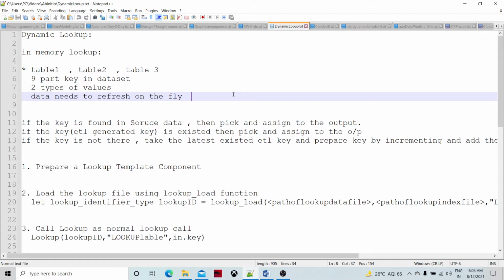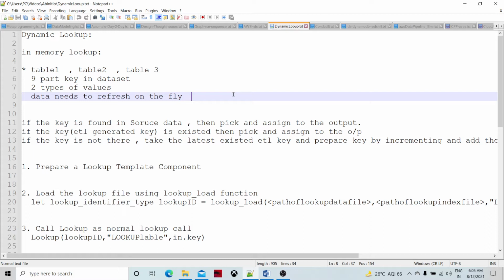There are certain use cases wherein we face late arriving data. The data does not come in time, or probably the other stream's data comes beforehand. In those cases it is necessary to create a certain type of key from the ETL, and the next time, whenever the actual key comes from the external system, we replace that ETL generated key with the actual key from the source system.